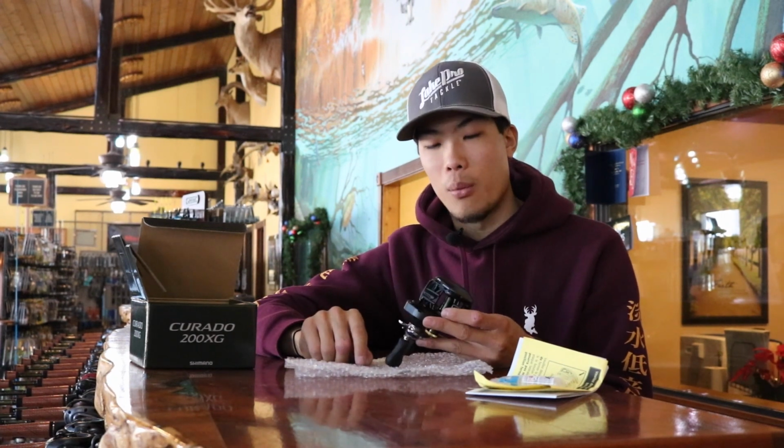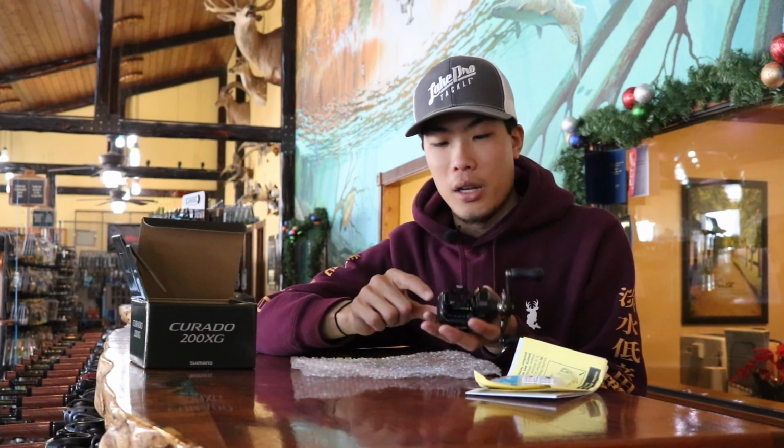And what I really enjoy about this reel, actually, one of the biggest things, is that it has something that catches the side plate so it doesn't fall off into the water. So to open this reel, all you have to do is flip the reel over, and you can see there's a little slide here. It says open and close. You're gonna flick that back